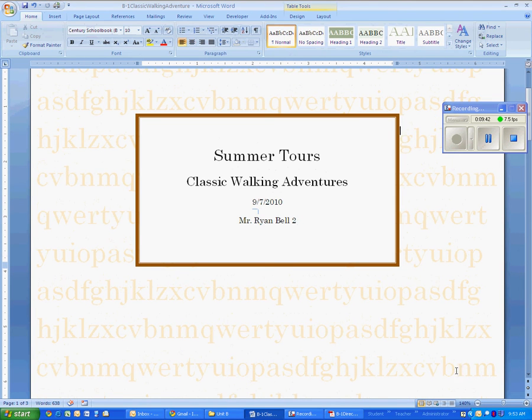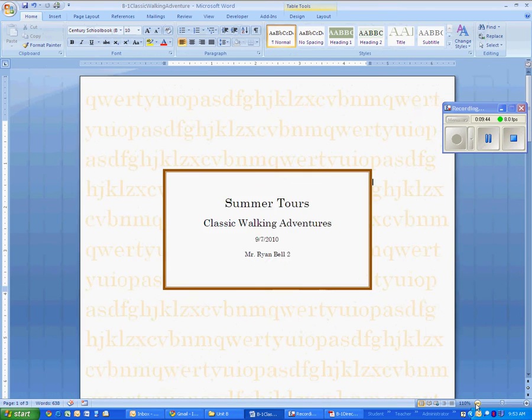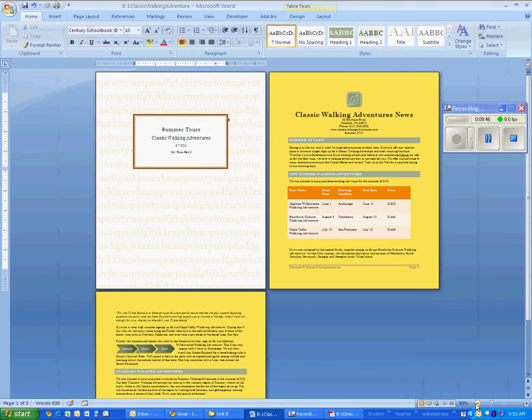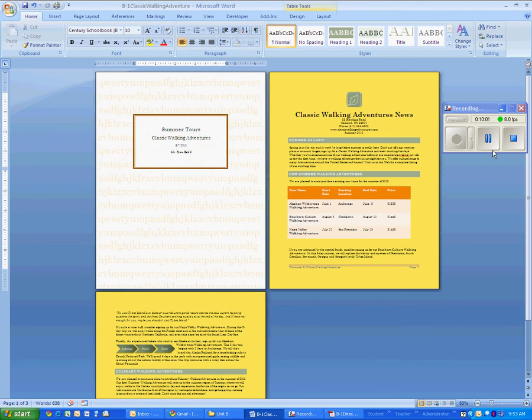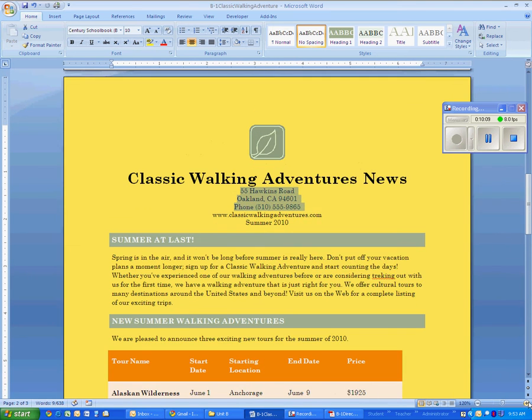Okay? Now I'm going to zoom out and give you an idea of what it looks like now. So there's our document, there's our cover page, and then there is the first page, and then down here is the second page. So you should now have a total of 3 pages in your assignment. Okay. Now we're going to zoom in again on the address of our Classic Walking Adventures. So this is on page 2, and